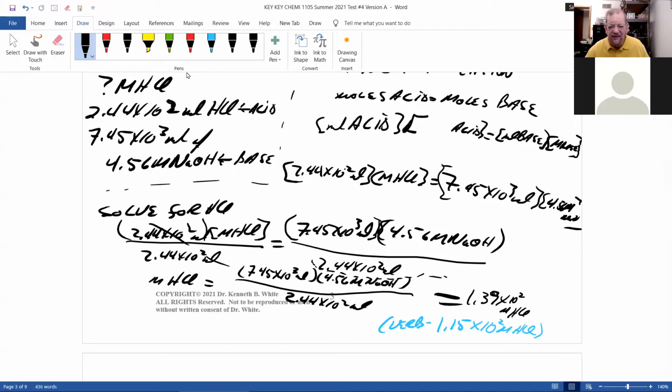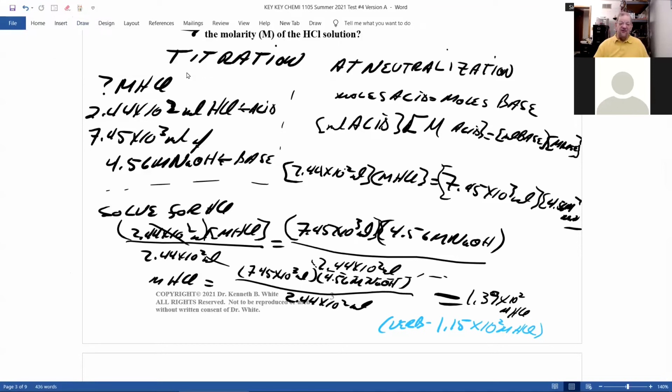Instant correction. Molarity of acid, I have it later on correct, but not then. You put in the numbers and solve for molarity of HCl. How do you get that? You divide,